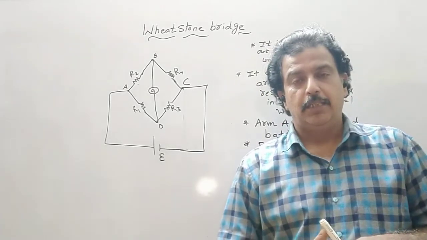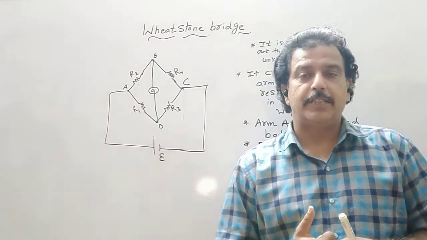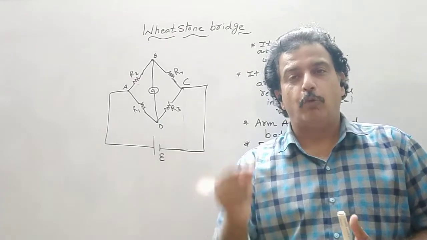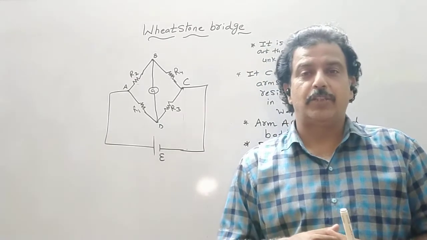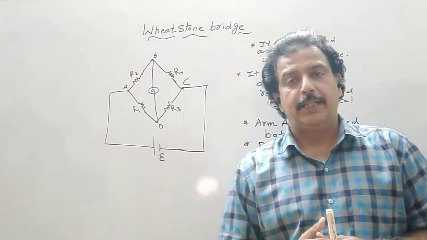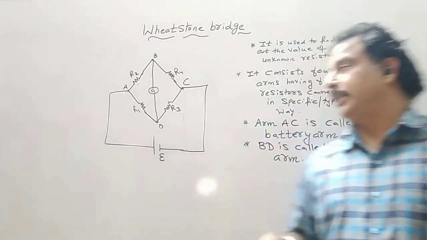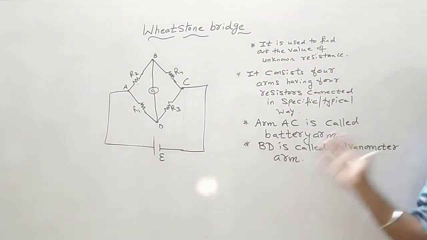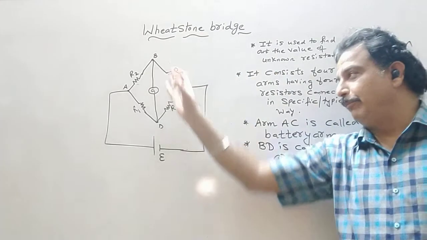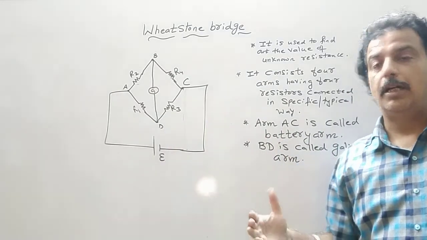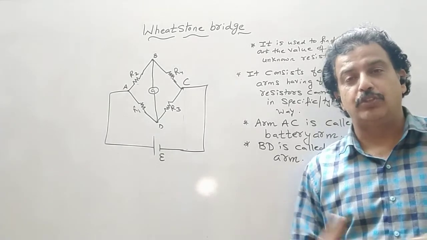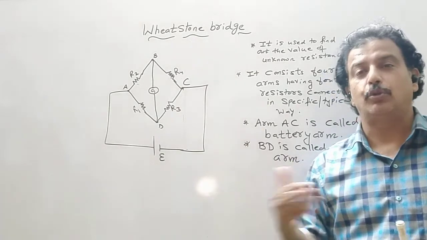Ammeter is a device which we will study in the coming chapters, which will measure the electric current in the circuit, and voltmeter is a device which will measure potential difference between any 2 points in the circuit. And galvanometer is used to detect the presence of the current. So if the current is flowing through this arm BD, the galvanometer will show a deflection, and if the galvanometer does not show any deflection, it means no current is passing through that arm.